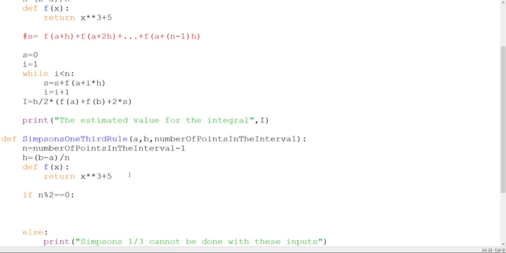Okay, so what do we do when n is 2? First of all, we should know the formula for Simpson's 1/3. What is the formula for Simpson's 1/3? It is h by 3 times y0 plus yn plus there is 2 times something,